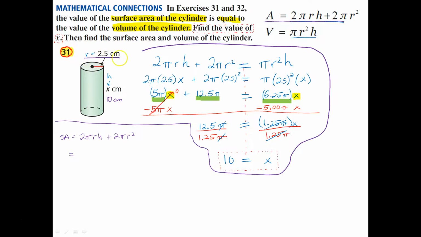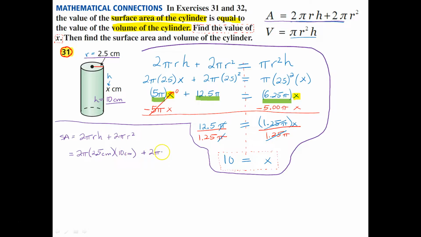The radius is 2.5 and the height is 10 centimeters. So 2 pi times 2.5, and I'll put the units in just to show you how the units line up with the answers at the end. So that was the radius times the height, 10 centimeters,